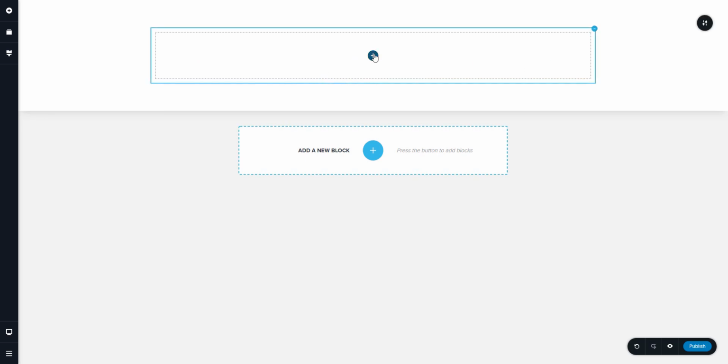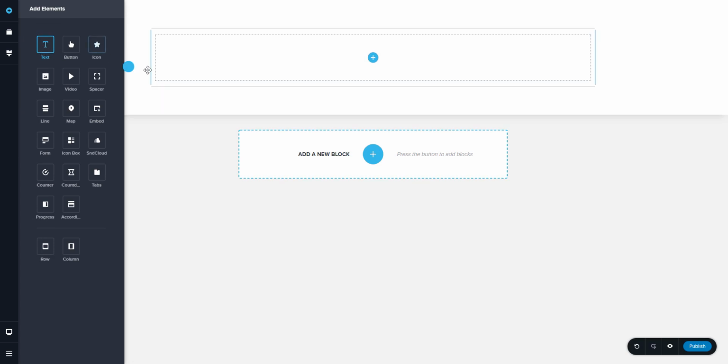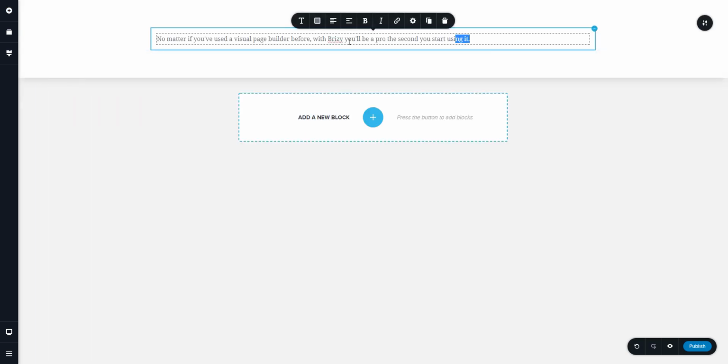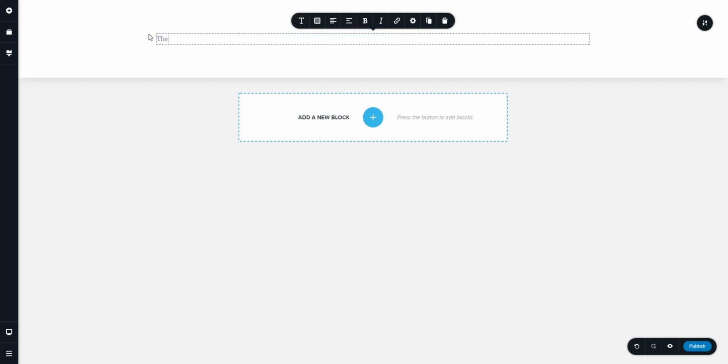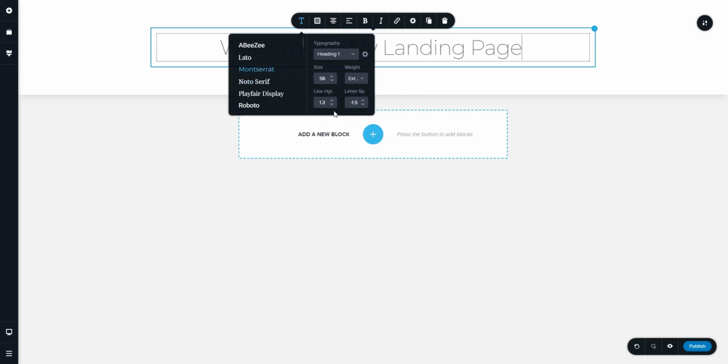Then from here you can customize it the way you want it. So we'll add some text, which is going to be our headline. And as you can see, you can pretty much format it as you're typing. It's like you were typing a document. Basically, you just type it in there, and then you can just format it the way you want. You can size it. You can center it. Change the size,